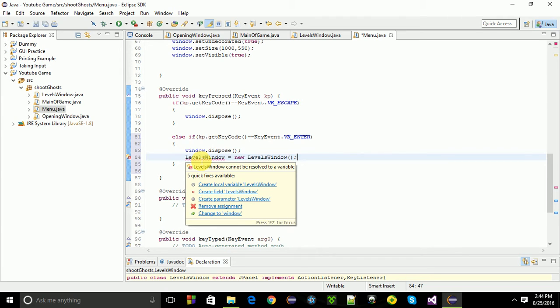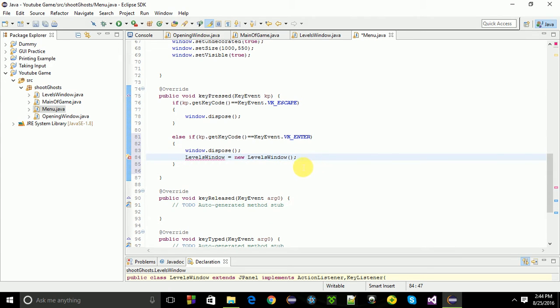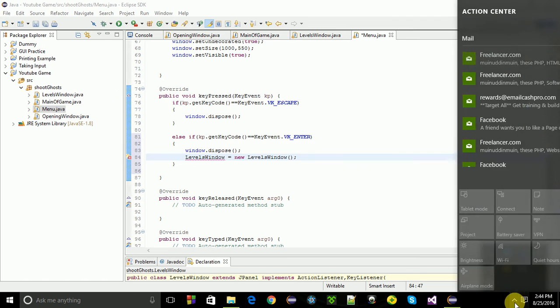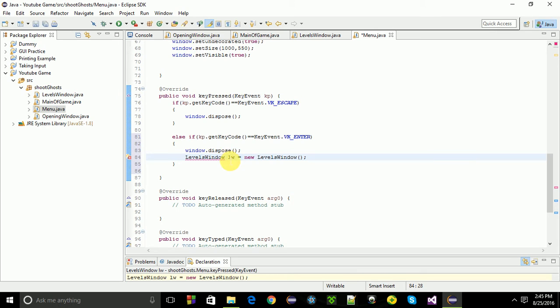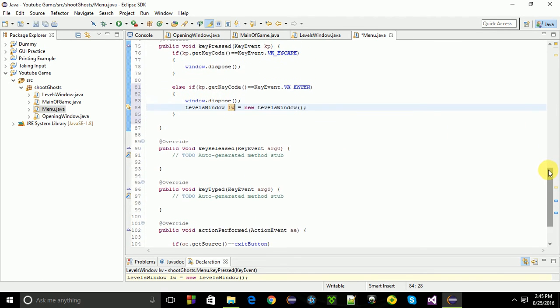What's the error now? Levels, when you create a local variable. Let's pause it and debug it first. Oh my goodness, I'm gonna lose it. I'm so dizzy today. Levels, level. I haven't named the variable name. Would you believe that? And for key pressed, and if